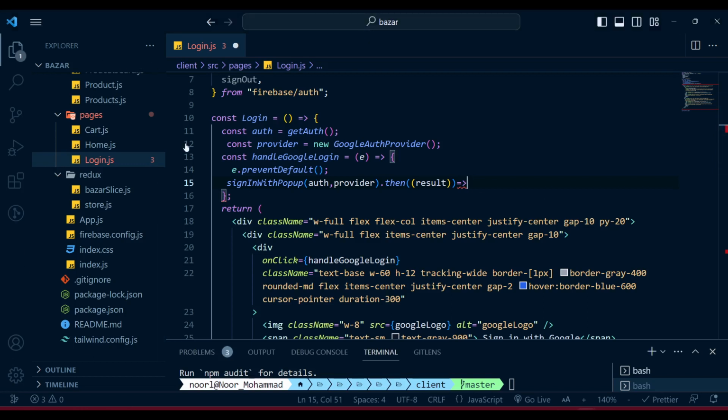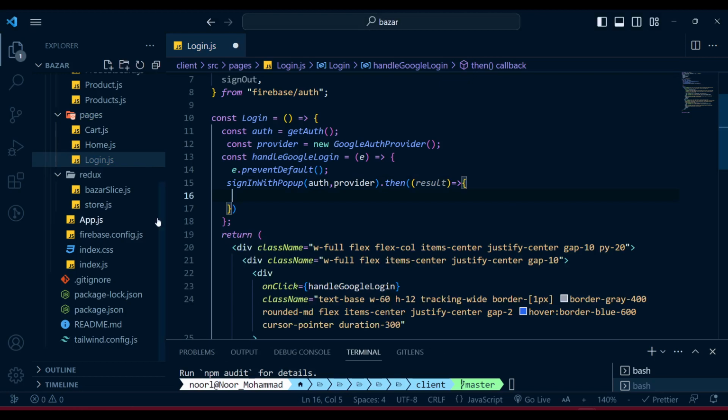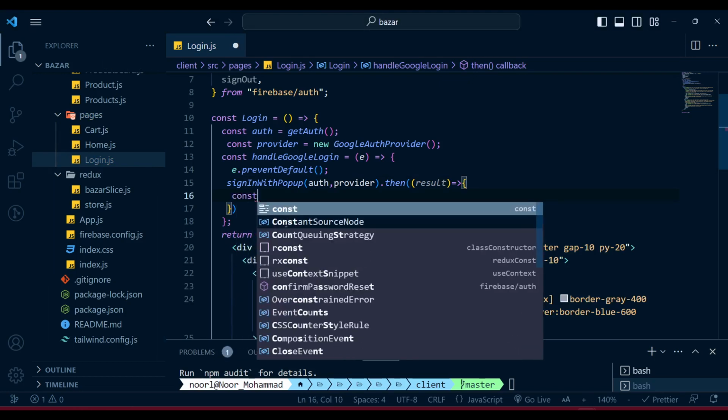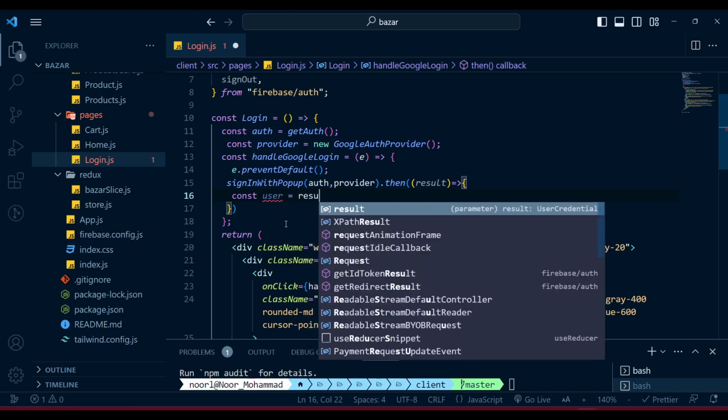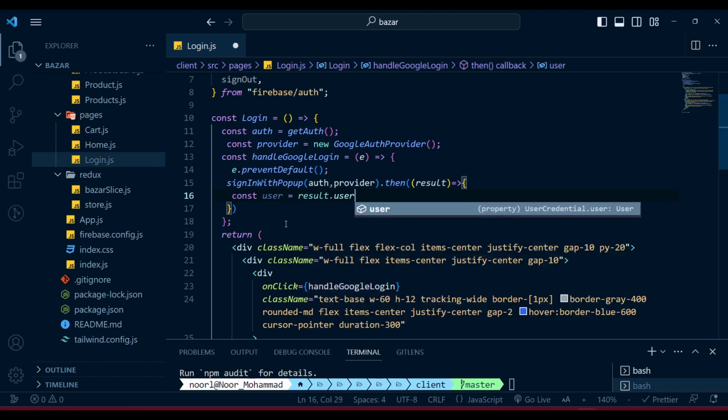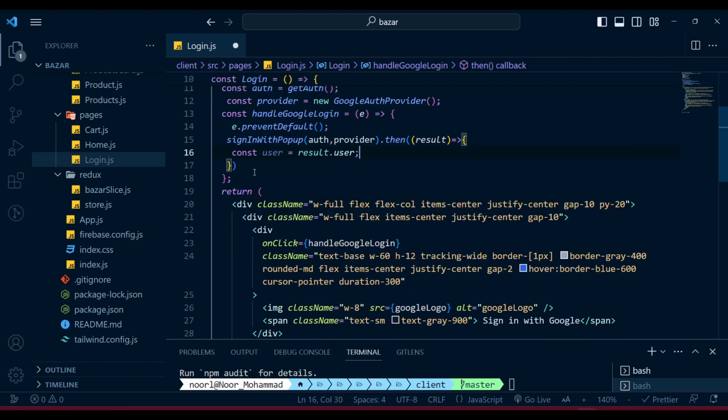Actually, there is one thing I need to consider, because those things after the result are going to give that action, so I need to keep it that way. So now we have that result and that const user, giving the result. So the const user will be result.user, whatever result is coming. Okay, so now what it is going to do is give me that user, and after that it is also going to catch,